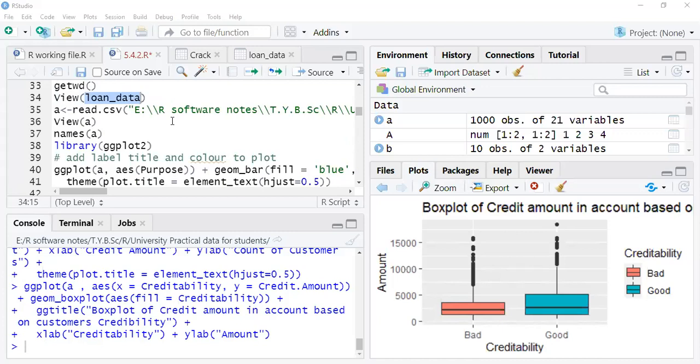Sir, can you upload the practical sheets? Sorry, the practical sheet is there. I have already uploaded these 2-3 practicals with the solution. You just have to access the practicals. Okay. Any other question related to these topics so far?